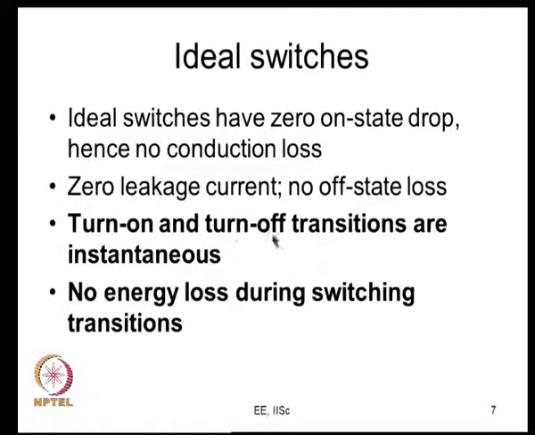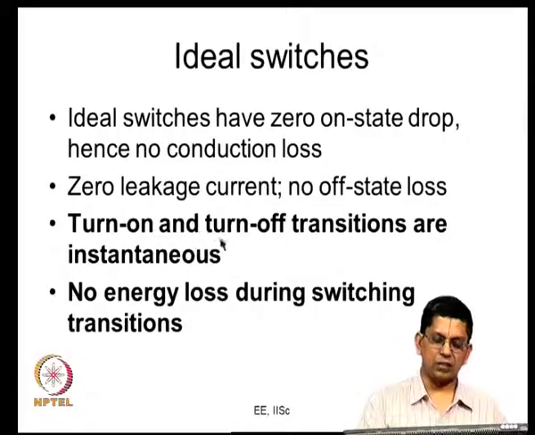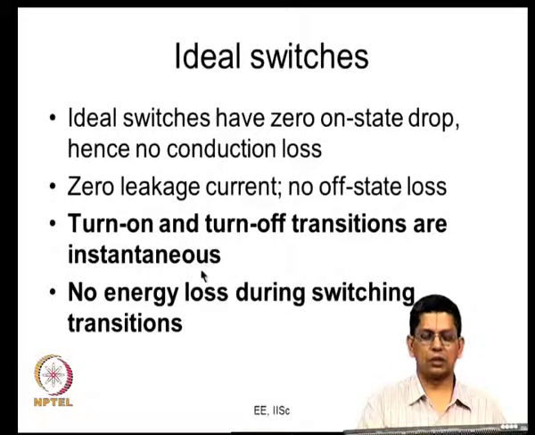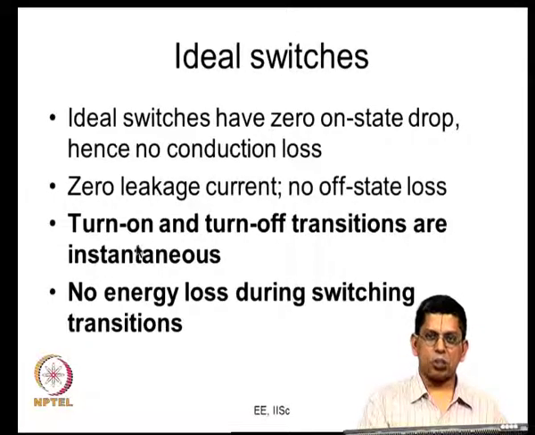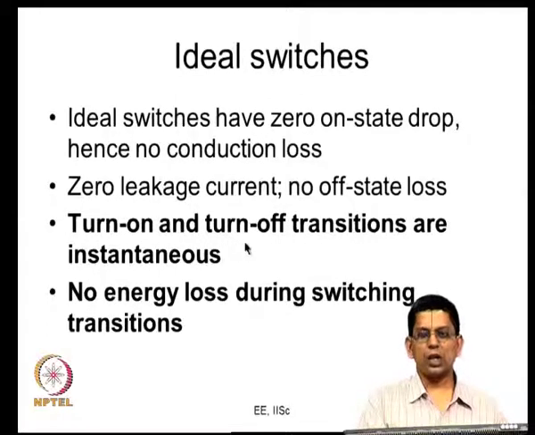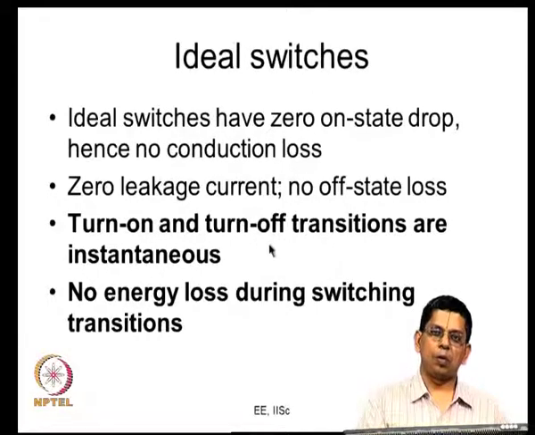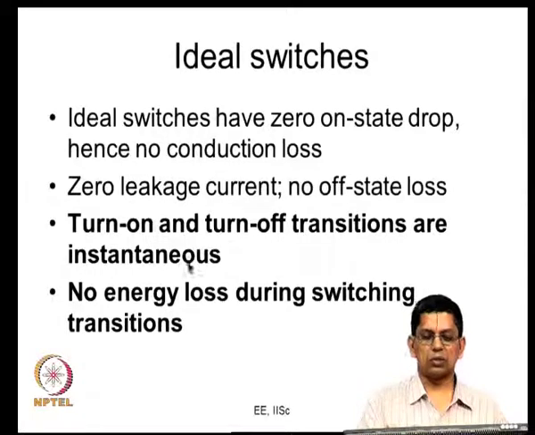Again, the turn on and the turn off transitions are instantaneous. The moment it starts turning on, it is already on. The moment it starts turning off, it is already off. So, they are instantaneous turn on and turn off. During turn on, the voltage is expected to fall from whatever voltage it has been blocking down to 0, and the current is expected to rise from 0 to whatever current it is expected to conduct. These two will happen instantaneously. Similarly, during turn off, whatever current it has been conducting will fall to 0 instantaneously, and similarly the voltage across it will rise instantaneously. So, this is what happens in an ideal switch. So, since there is no finite duration over which the voltage falls and the current rises,